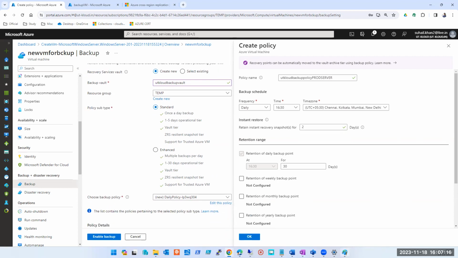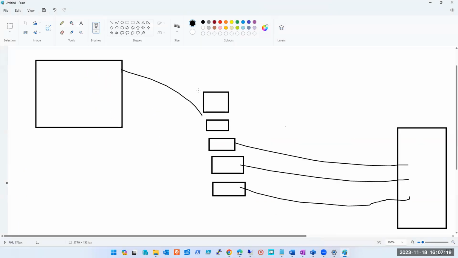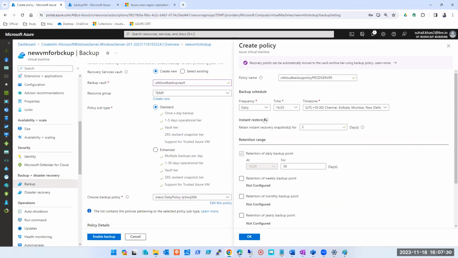So how it works is that it stays here in the storage account and it gets moved to backup vault. Stays in the storage account, gets moved to backup vault. But if you want that 2 fresh copies should stay here all the time, then you can do that, or any number, whatever number you select here. Is it clear, guys? ओके, समझ गई, अंडरस्टूड।